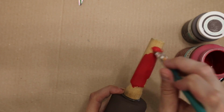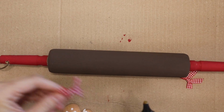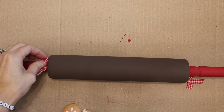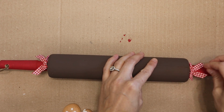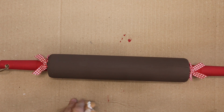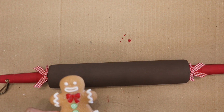I used the color truffle in chalk paint for the center and the color crimson for the little knobs. Adding some of these cute little bows. These are from Amazon, and they came in a huge bundle with a few different like Christmassy colors, so I'll link it down below. And then I'm adding one of those little gingerbread sticks. I don't know why I call them gingerbread sticks, but using that and then just gluing it to the side